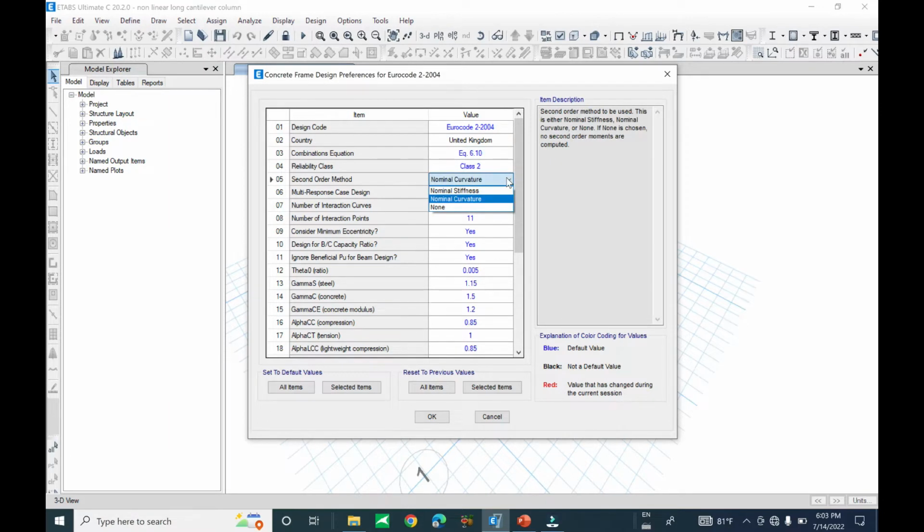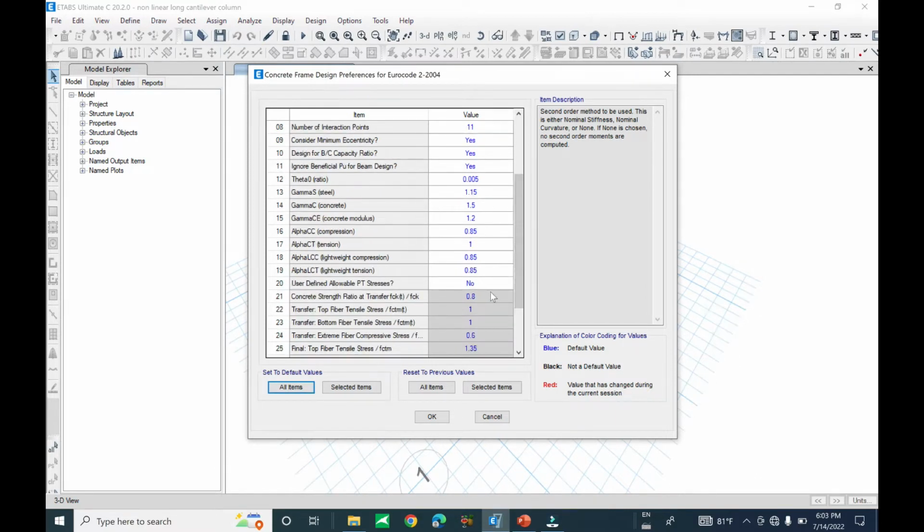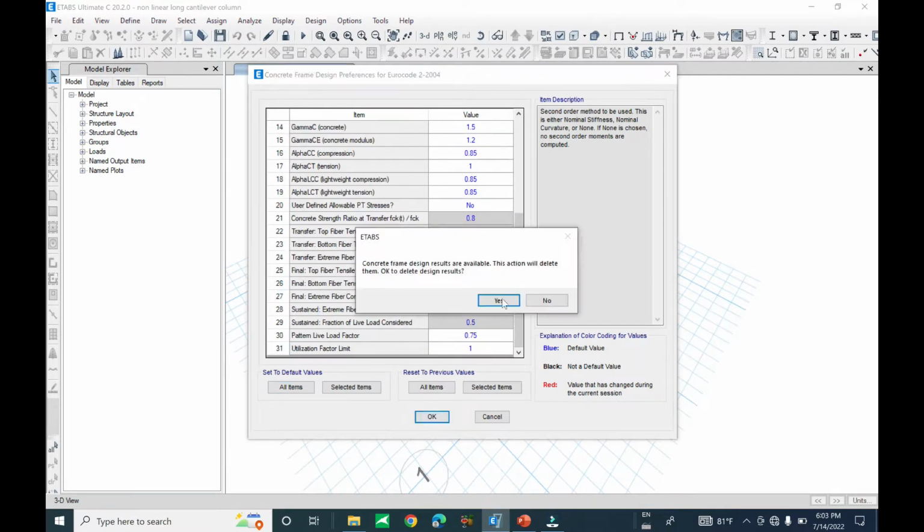In the method for design, you can use the curvature method or the nominal stiffness method. In ETABS, you cannot design based on the general method. In Creative Advanced Design 2023, you can use the general method to design the column. The general method is the more accurate method for the user, both for steel and concrete structures. Number of interaction, gamma, okay, click OK,